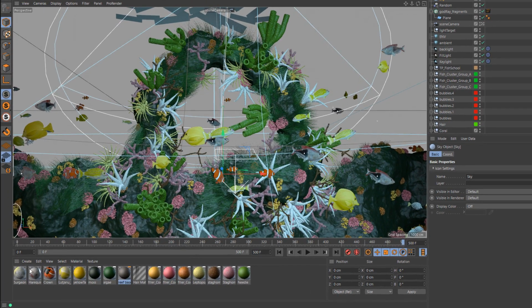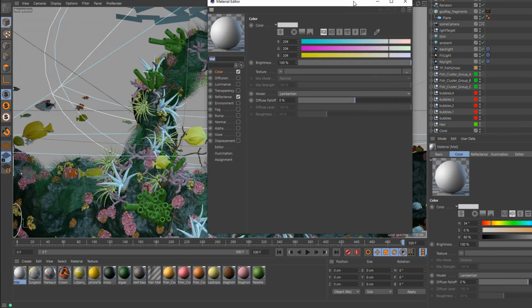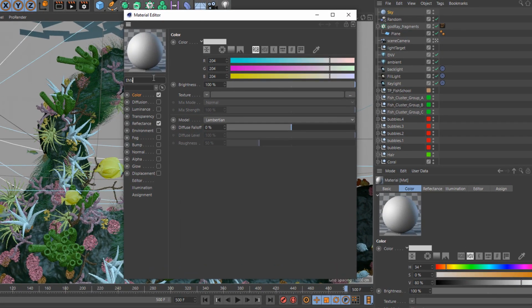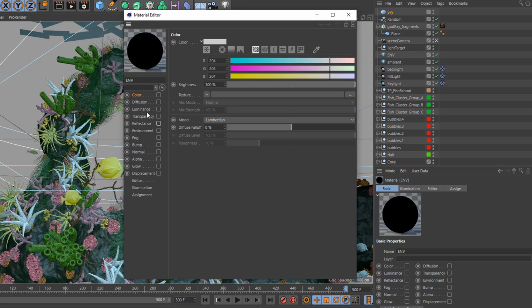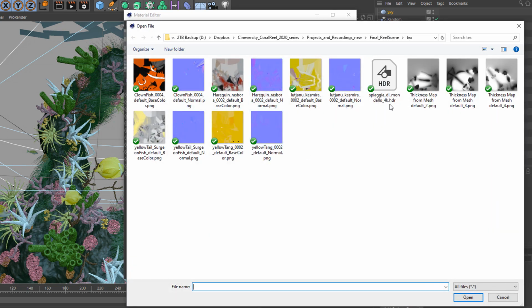So let's go down here and let's go to Create, Materials, New Standard Material. Let's double click on this material, and let's go ahead and name this ENV for our environment. Let's turn off color, and let's turn off reflectance. Let's turn on luminance. Let's go inside the luminance channel, and next to texture here we can click on this long bar, and we go to our text folder, and in here I have this HDR image called Spiaggia